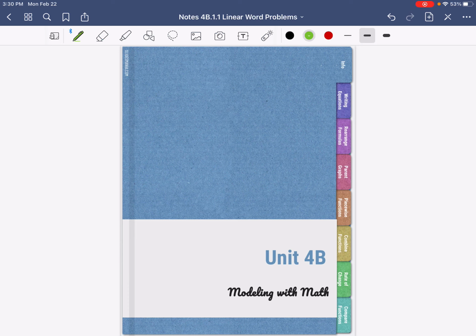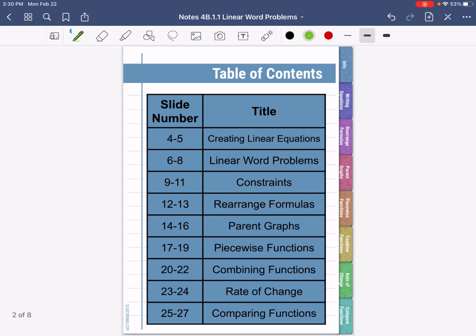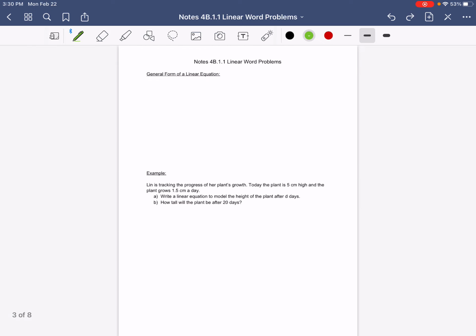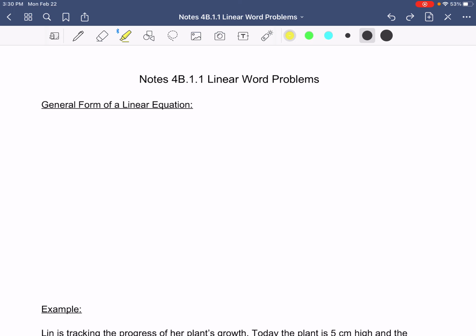Hi guys, these are our notes for Unit 4B.1.1, Modeling with Math. We're going to be doing this one right here, linear word problems, on slides 6 through 8. So to start us off, we need a piece of paper. Go ahead and put your title, Notes